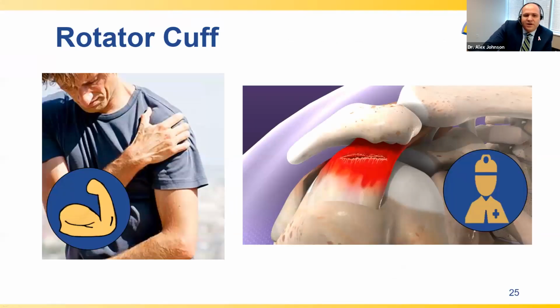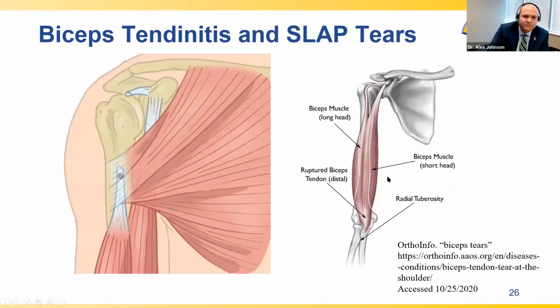So what do you do for rotator cuffs? Well, if the cuff is just weak and it's not working properly, then we can get you to do some exercises to work on strengthening those rotator cuff muscles so that the shoulder works properly again. If you have a true tear of the rotator cuff, then that generally does require surgery for us to fix that back so that the rotator cuff can function correctly again.